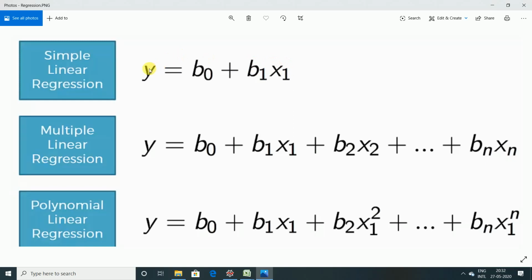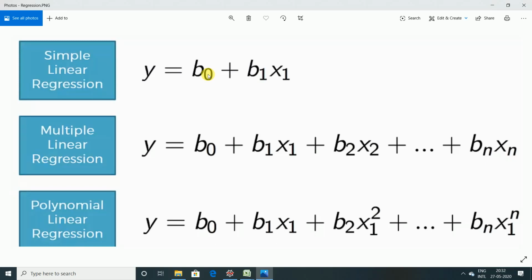So these are linearly related to the dependent variable. b0 is a constant term over here. This is actually the point where the line crosses the vertical axis. When I show you the implementation or the visualization part of this linear regression, I will show you where exactly this b0 point is. Okay, so this is all about simple linear regression.